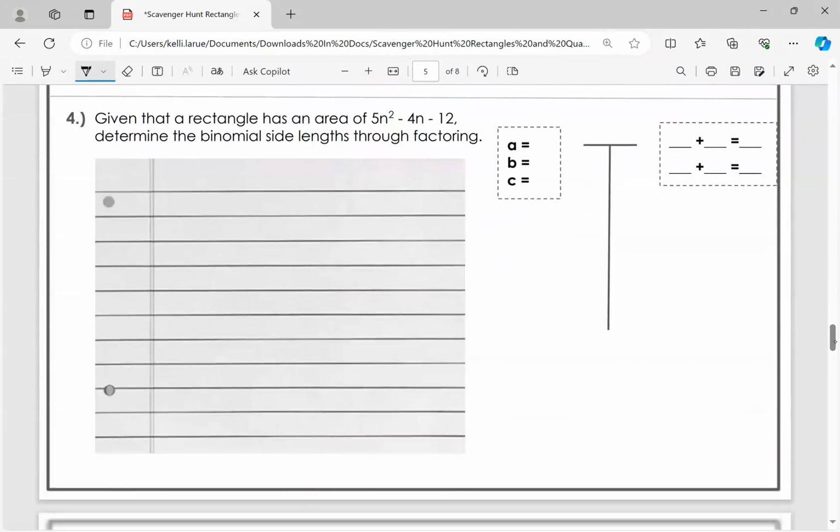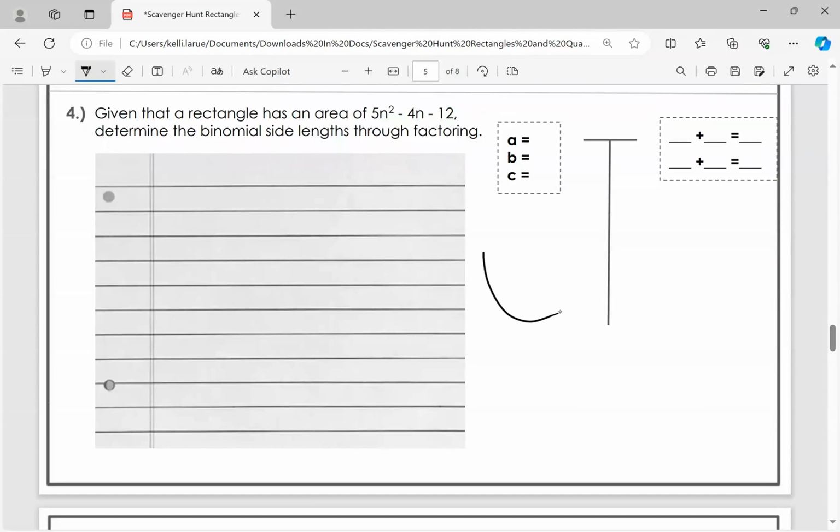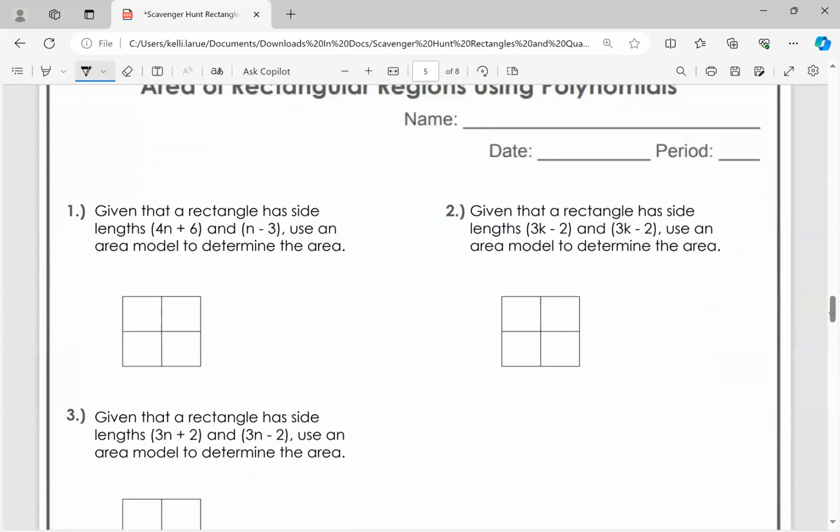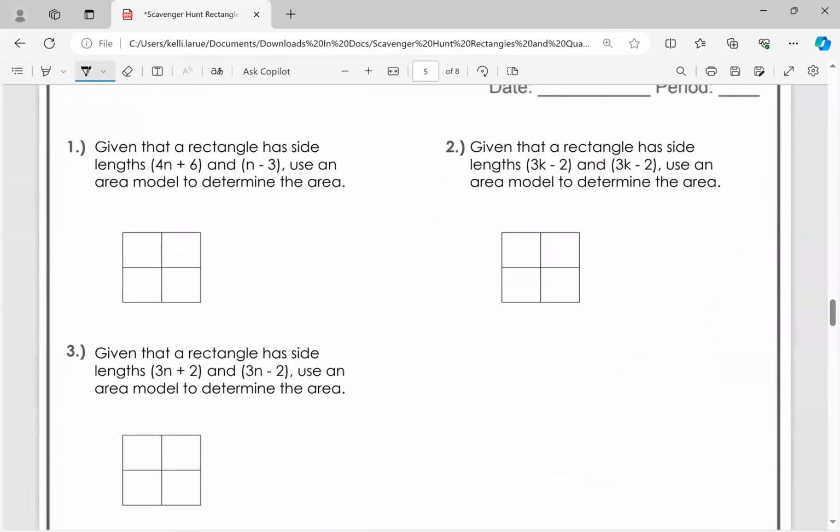Likewise, with the problems that were later on, I'm not going to give you all of this stuff. You're going to be expected to generate that on your own on a quiz or a test. But anyhow, here it says, given that a rectangle has these side lengths, use an area model to determine the area. So we're going to go ahead and take these values and populate an area model. So I've got 4n and then positive 6. Then I have n and negative 3. And let's calculate the area of this